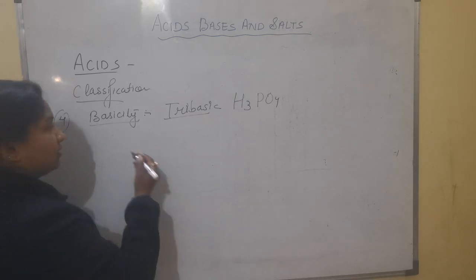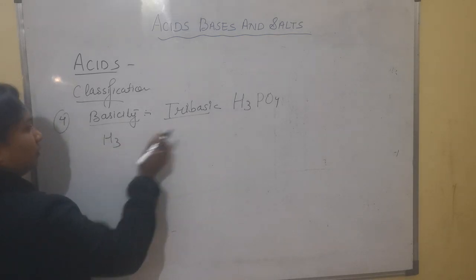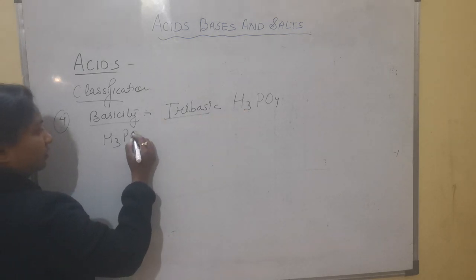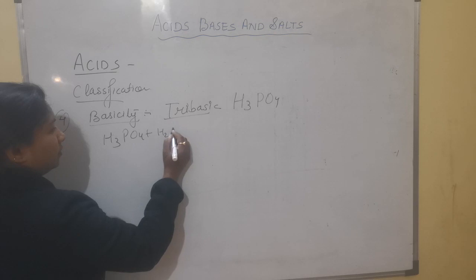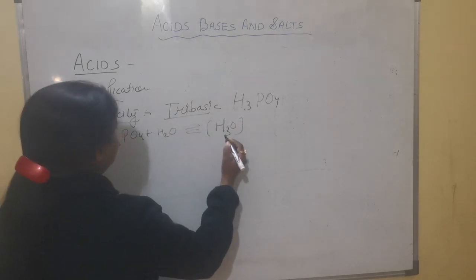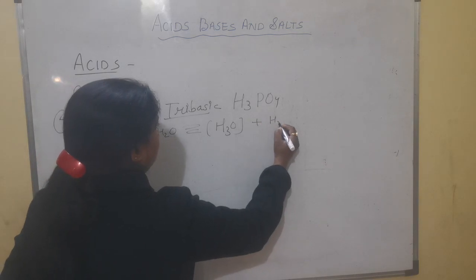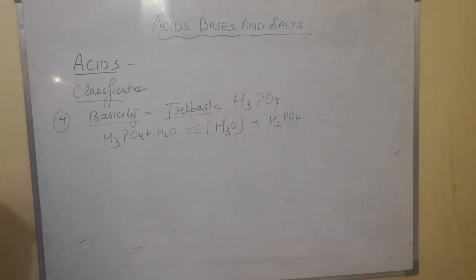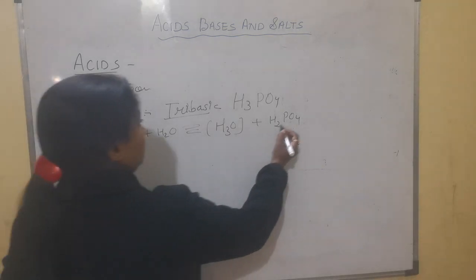Try to do it by yourself. All the 3 hydrogens are ionizable. So first one hydronium ion is produced with H2PO4 minus. One hydronium ion is produced. Then this